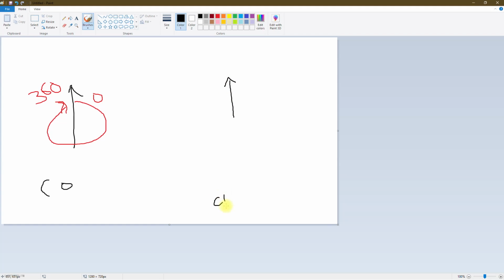I put ch, and it ranges from this way 0 to 180, and this way 0 to minus 180. Okay, this is confusing. This is going to be really confusing, right?